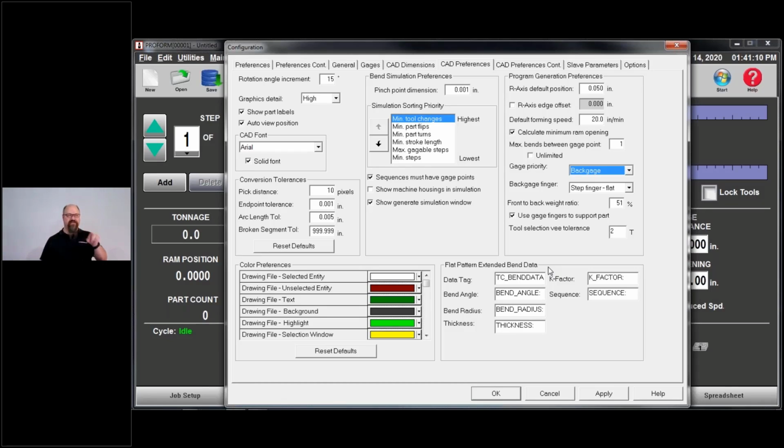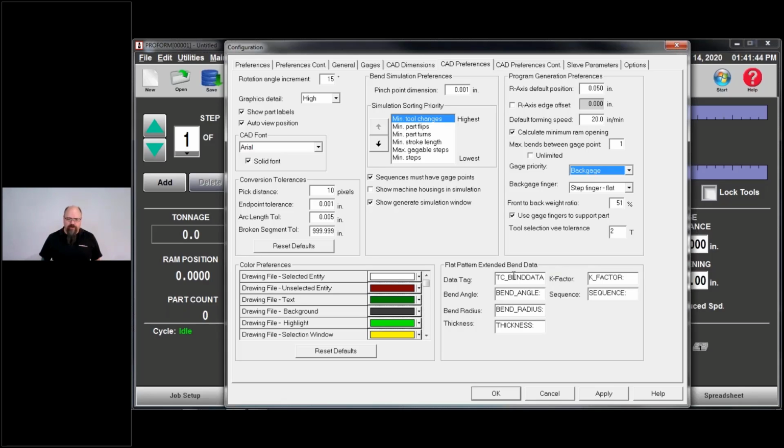That tool selection V tolerance means 8T is the goal, 6T, 2 down, or 10T, 2 up, is going to be the range that we're going to try to look for. Okay, so if I'm using that 1/4 inch steel, 8T is 2 inches, 6T 1.5 inches, 10T 2.5 inches. So that's going to give me my tool selection criteria between 1.5 inches and 2.5 inches. You can change that to 3, 4T, but again, I'm going to discourage that.